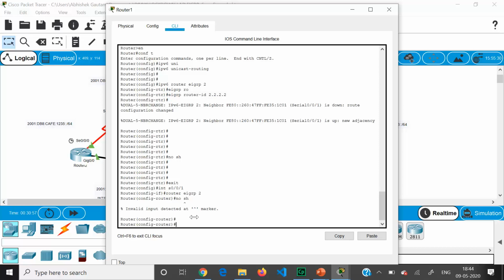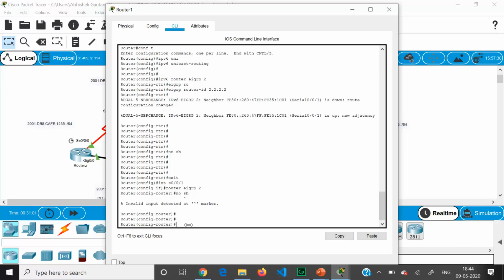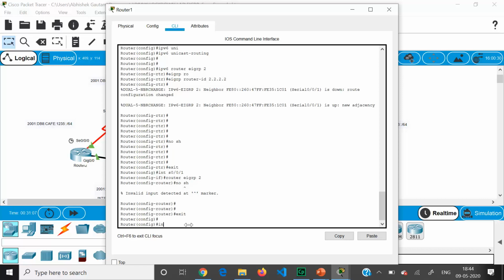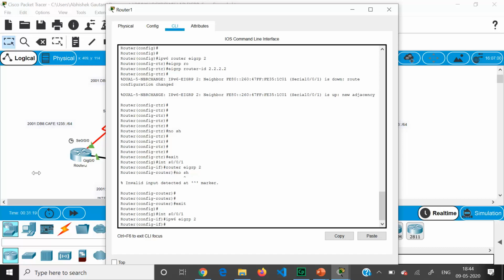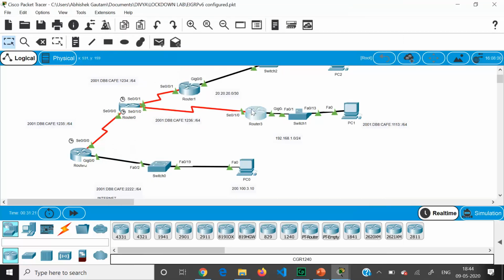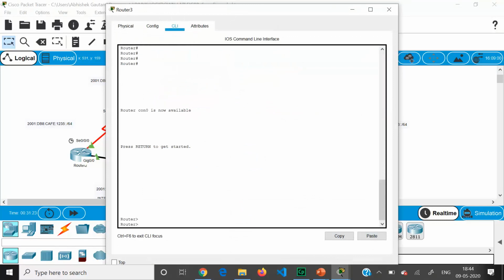Okay, we are in router mode. I'll go back, exit, int S001 and we have to write IPv6 EIGRP 2. Right?